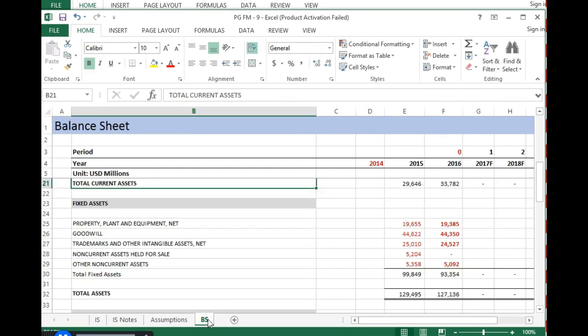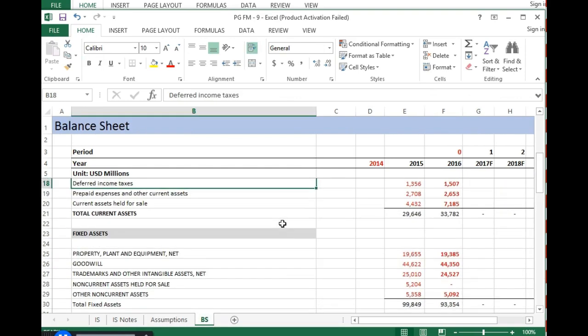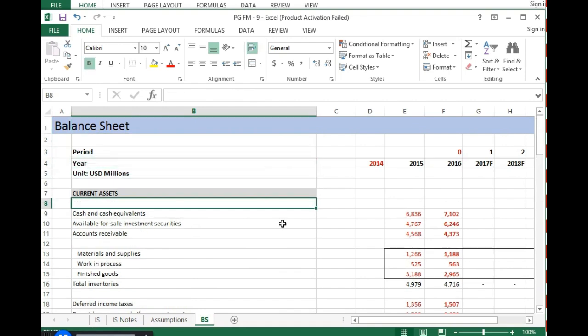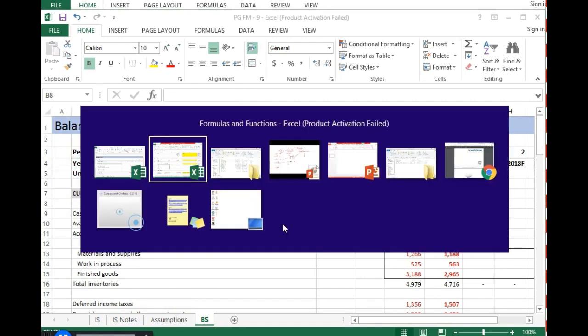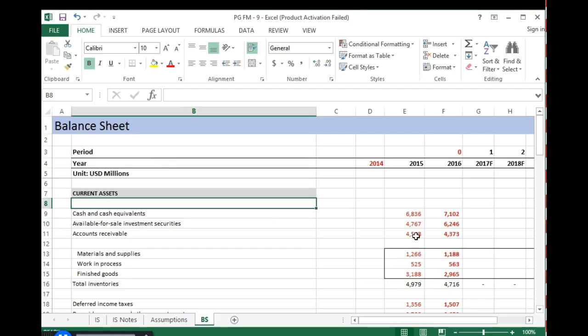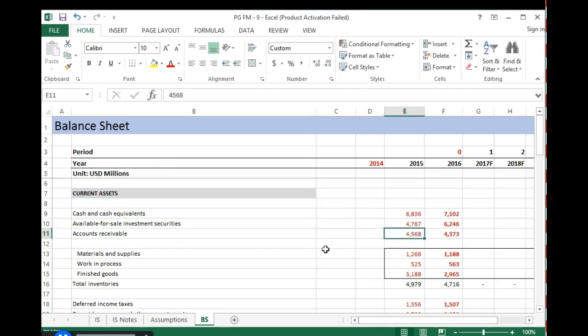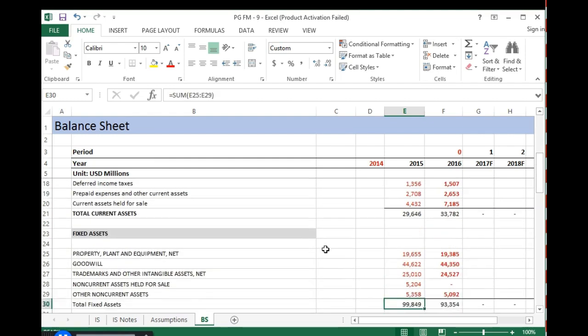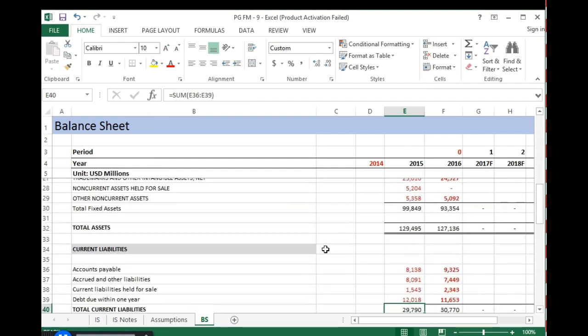Okay, so once you have the forecasted income statement, the next step is to forecast the balance sheet. Again, before you forecast the balance sheet, you need past balance sheet data. So you will need a sheet for the balance sheet past data, which is the balance sheet worksheet. As you look into it, I have just replicated the whole balance sheet of the company from its annual report